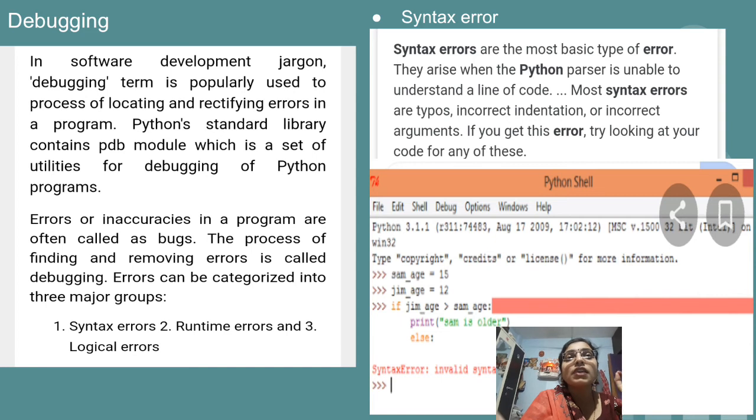Then we put an if condition, comparing the age of jim with sam. If jim_age is greater than sam_age, then we print the message that jim is older.